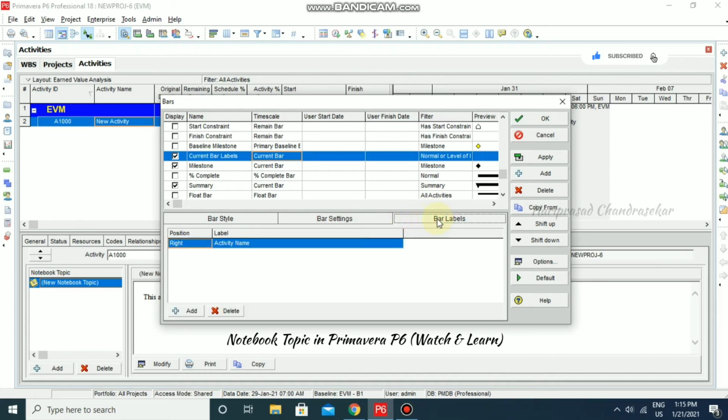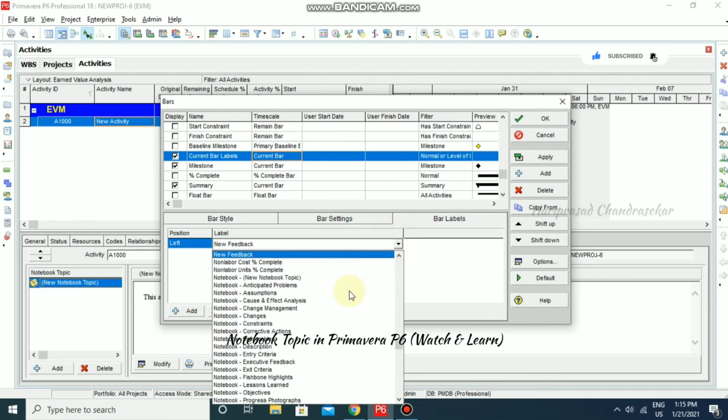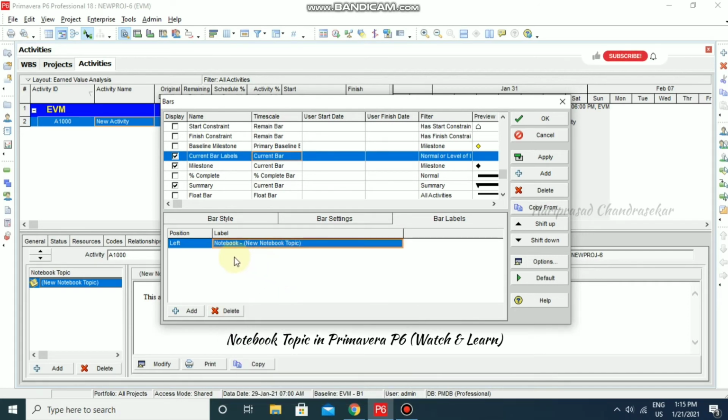In bar label, which position am I going to use? The left position. In the Gantt chart we will be using left only, so I'm going for left, and the label I'm going for notebook. You put N and we will get the notebook topics that we have created, so we can just take it. I'm putting left position and the label notebook that we have created. Okay, and I'm going for apply and clicking OK.